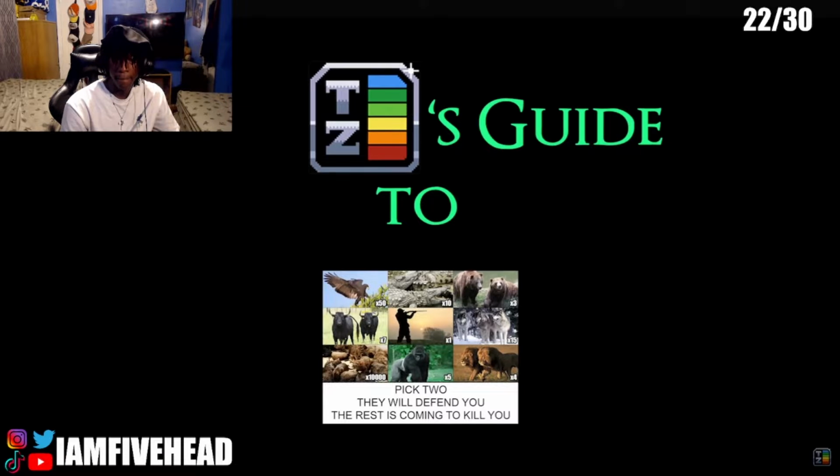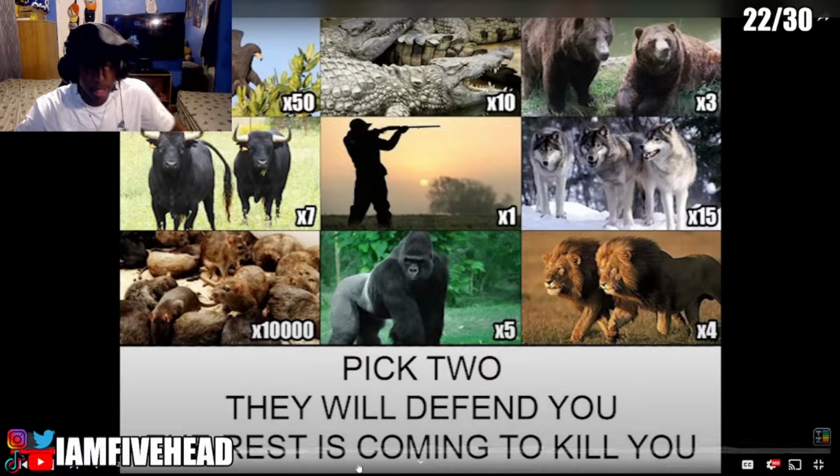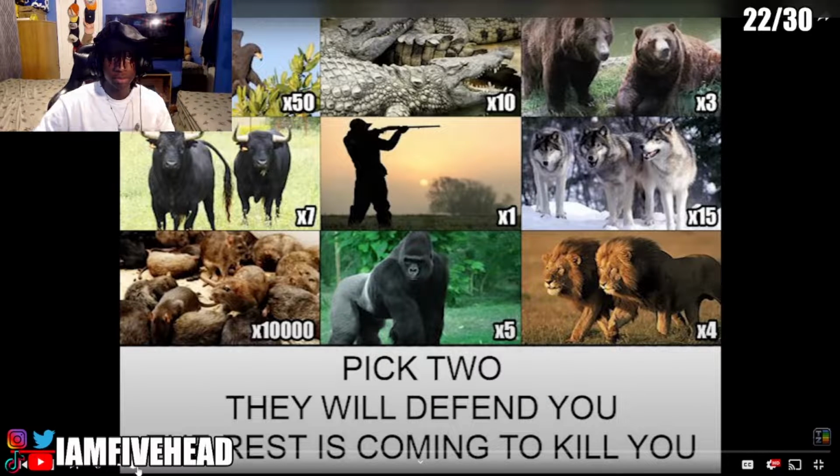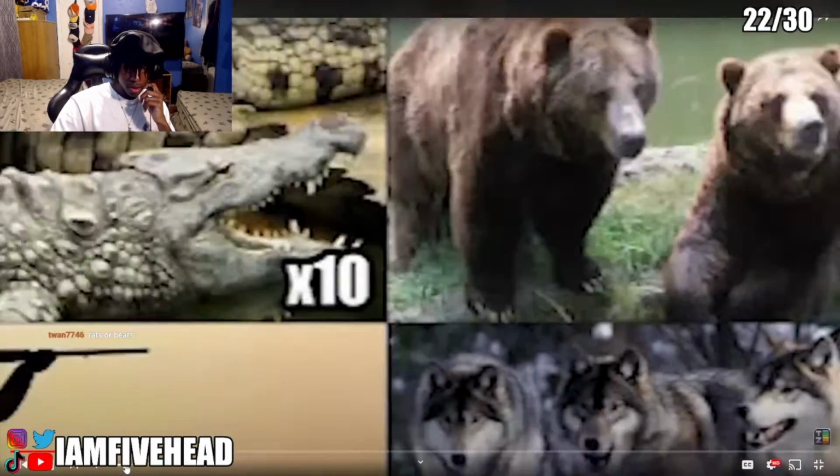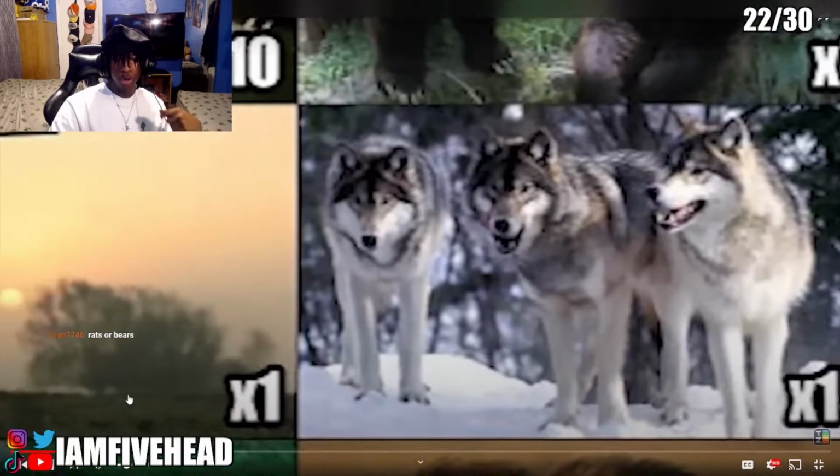Okay. So here it is, Tierzoo's guide to winning the most famous battle puzzle of 2018. The puzzle goes: from the options on this list, real quick, that's a choice between 50 golden eagles, 10 saltwater crocodiles, 3 brown bears, 7 bull cattle, 1 human,